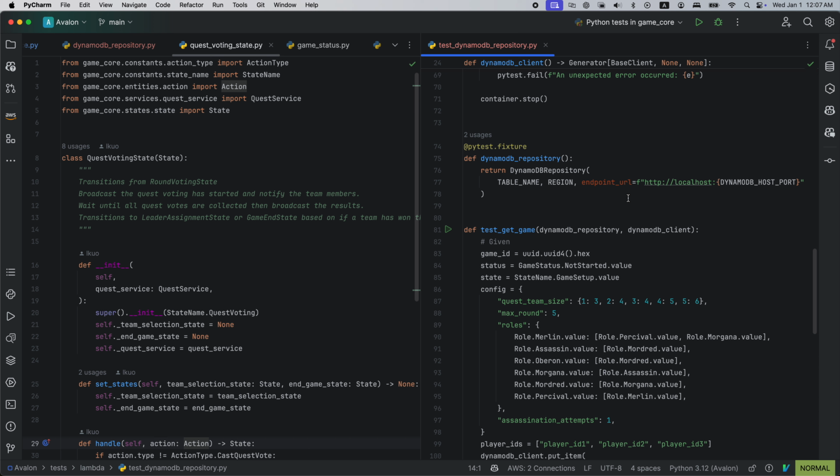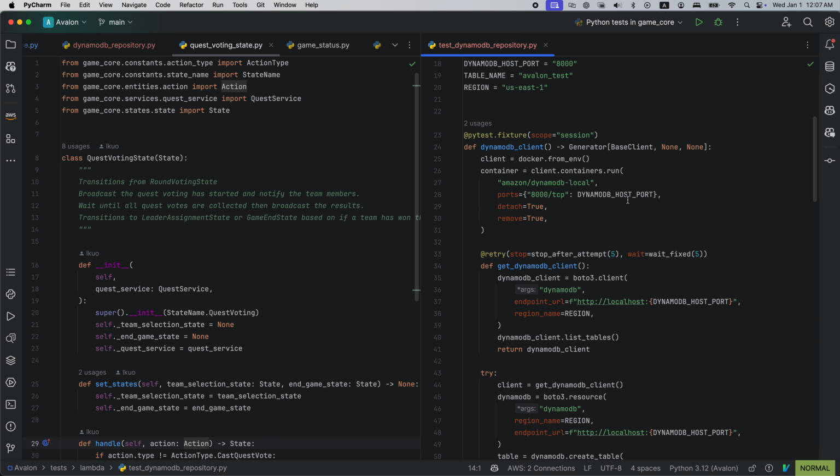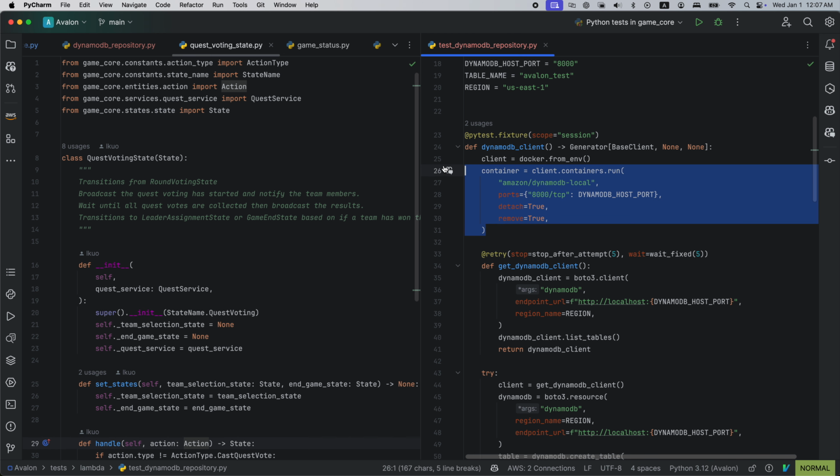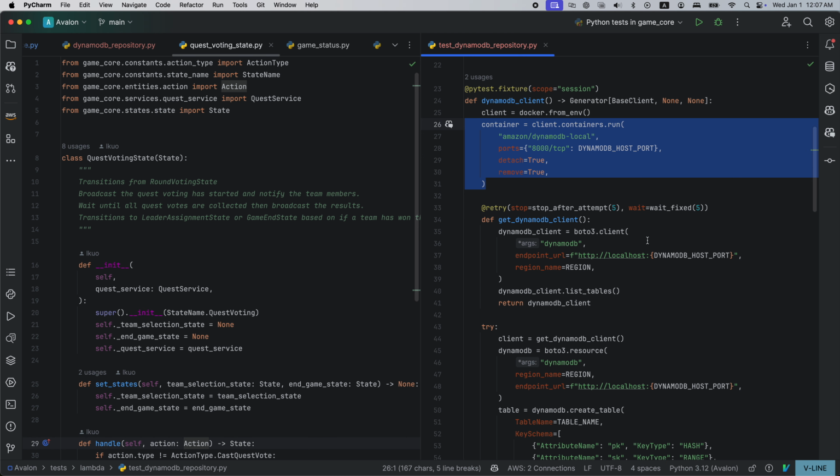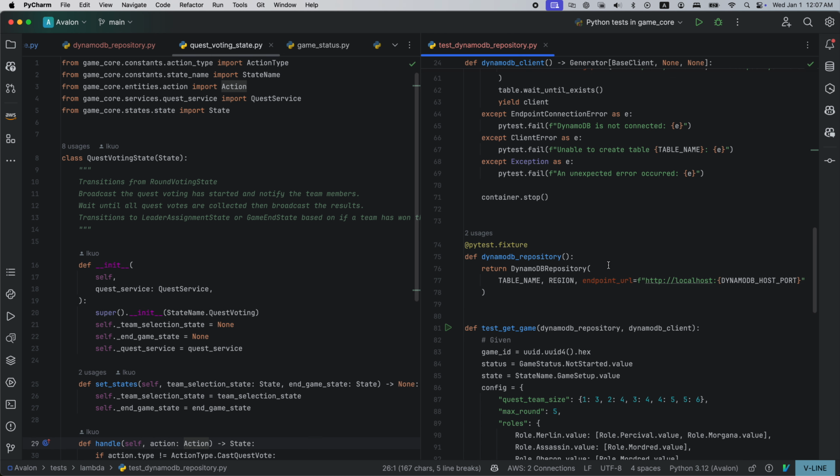In my opinion, a unit test doesn't really help that much, because our logic can be perfect, but it doesn't matter if we're not mimicking the real thing. So what I'm doing here is to actually bring up a Docker container, basically a local DynamoDB, and actually interact with it here.